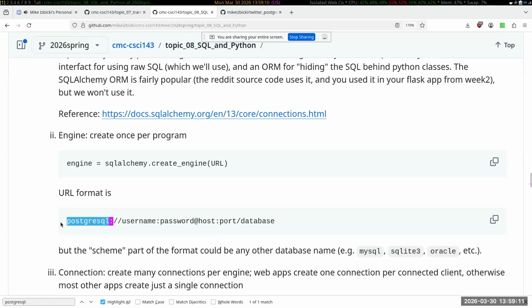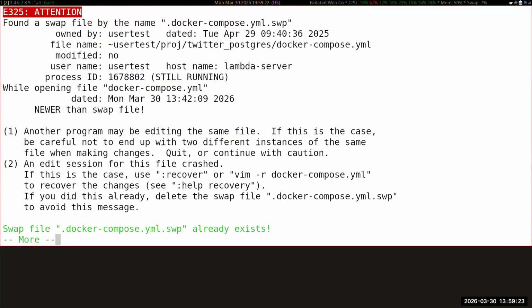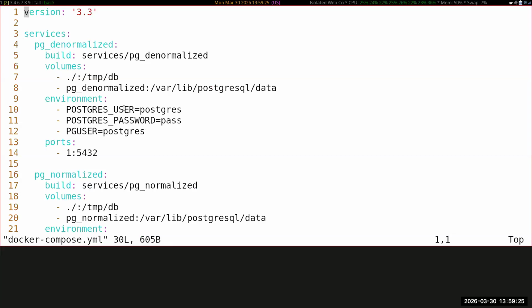The URL has the PostgreSQL, and then the username, password, host, port, and database. And all of this information is inside of the Docker Compose file. So user, password, all that. So inside here, the port number that works, and so